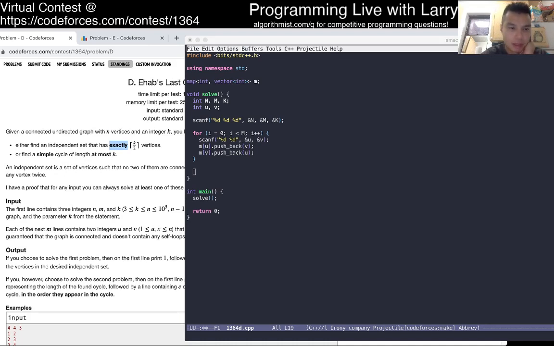Now I'm trying to think about the independent set part of exactly k/2.